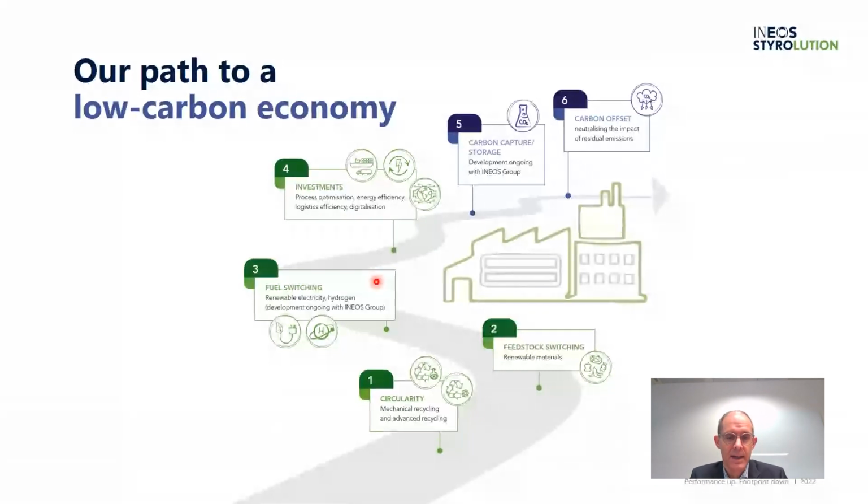Third part, and that is now more on the side of our operations, is that we want to change the fuel that we're using in the way of a move towards clean energy. We have already started a lot of activities in this area, particularly in Europe. And we're happy to say that we've already switched our sites in Germany and in Belgium to green power. So we are using 100% of green electricity in those installations,